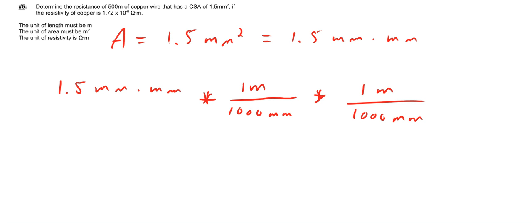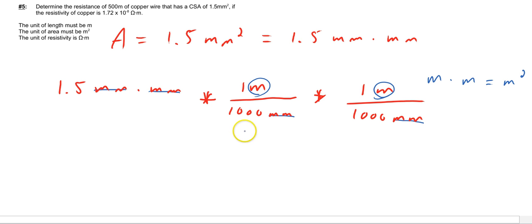Now, in the denominator here, millimeters will cancel with millimeters here. Likewise, millimeters cancels with millimeters, and we are left with a unit of meters times meters, where meters times meters equals meters squared. Okay, so here 1,000 equals 10 to the plus 3, and 1 over 1,000 equals 10 to